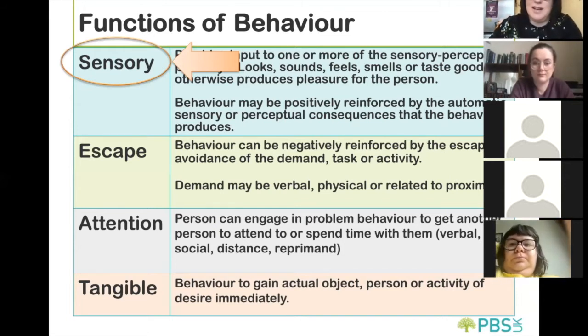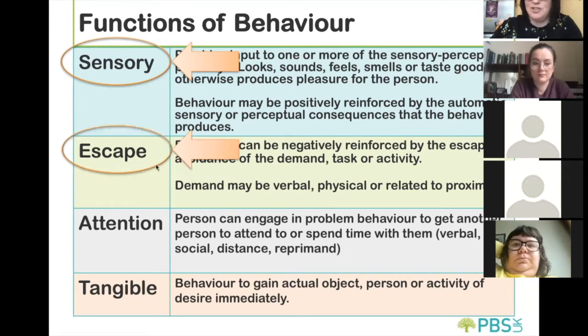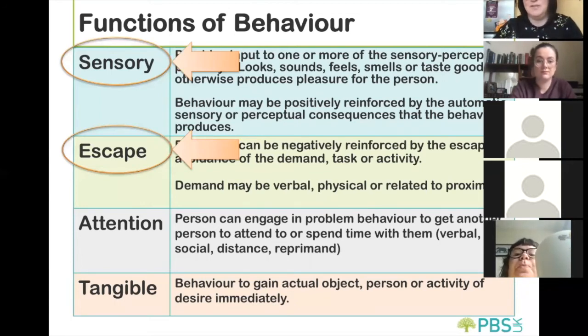What we're also going to be looking at a little bit are these escape functions as well, because sometimes those behaviours that meet a sensory need are about actually escaping something, escaping some kind of sensory input that person is finding unpleasant or difficult or painful. So it can sometimes come into the category of being a little bit of a sensory escape as well. And we'll look at the differences between those when we start to talk about the difference between hyper and hyposensitive, that kind of thing, as we're moving forward.